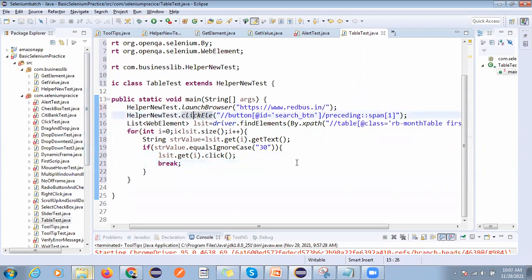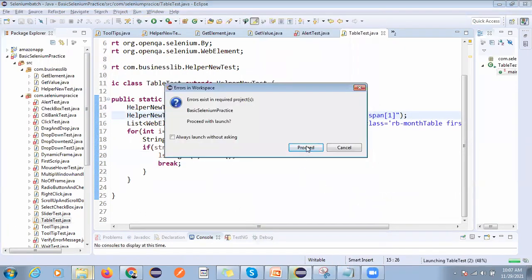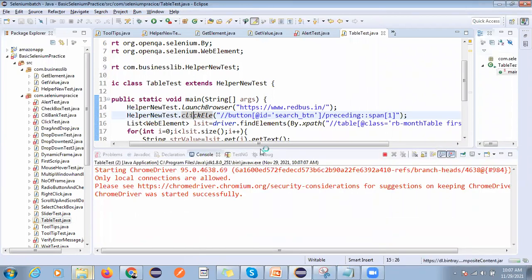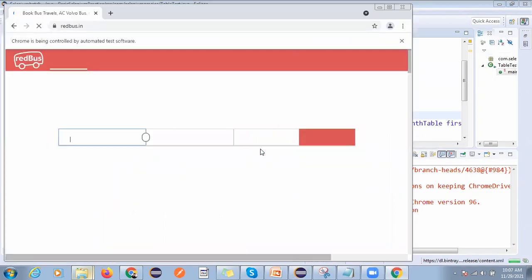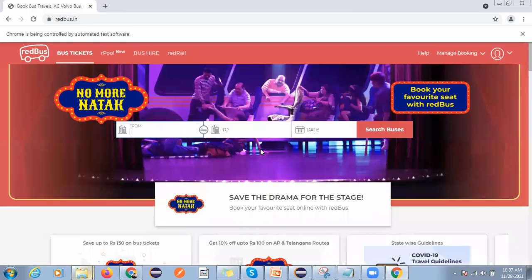So this one we have to do. Let me execute. Okay, if any failures are there, we can fix it. It will click on that calendar, then it will store all the data, and you can see now it is working fine.